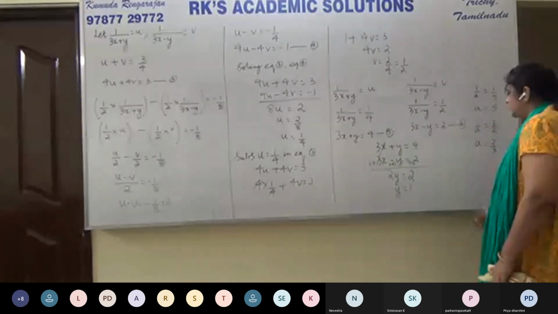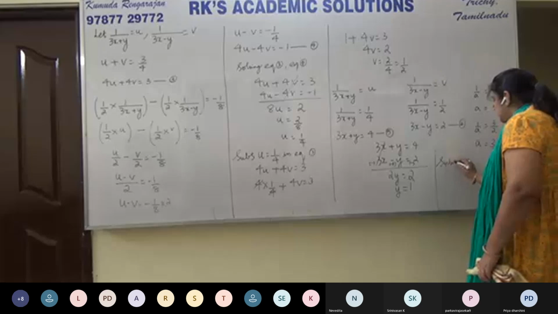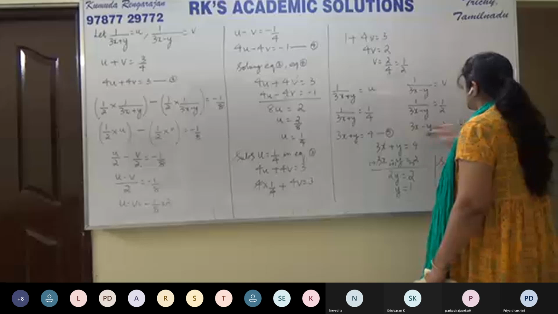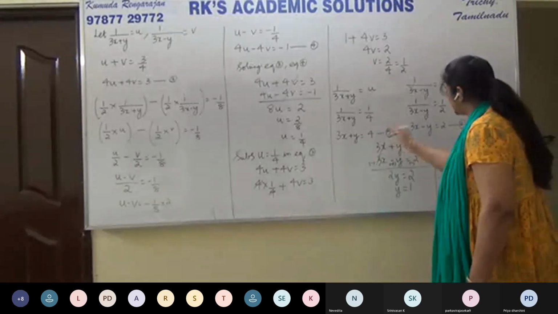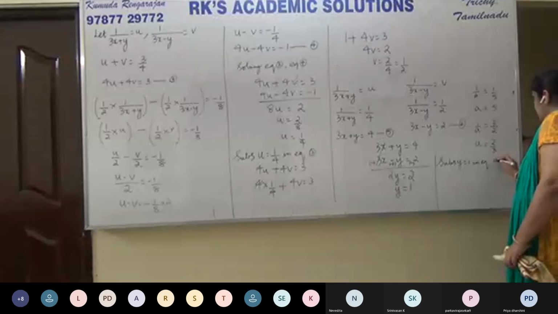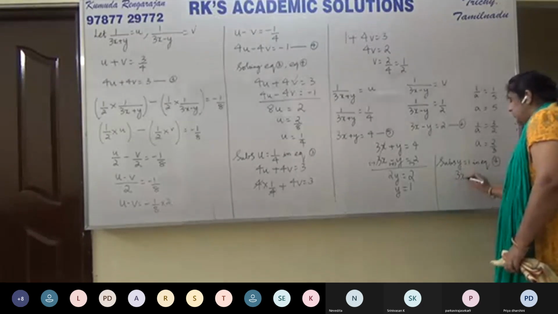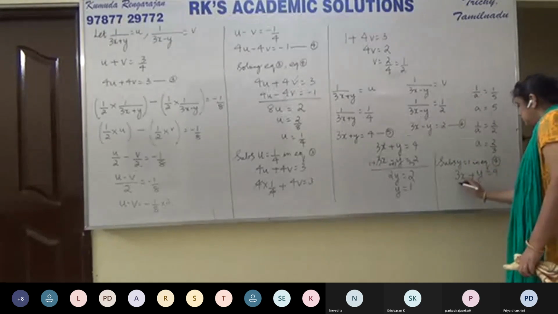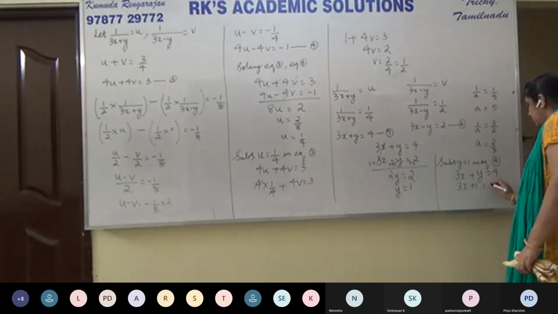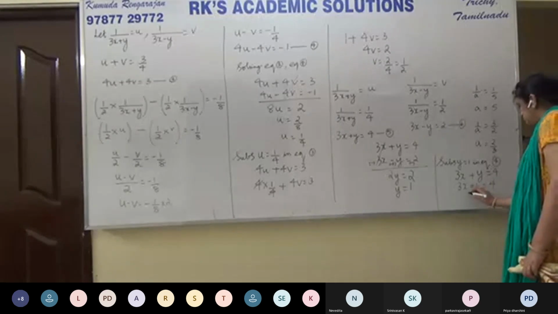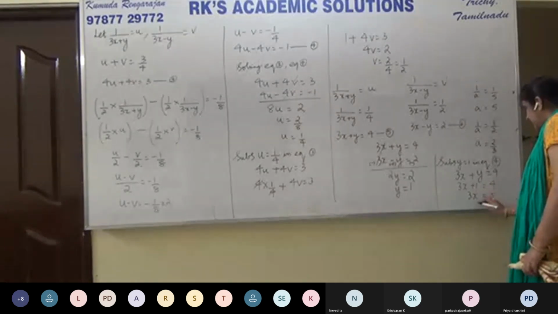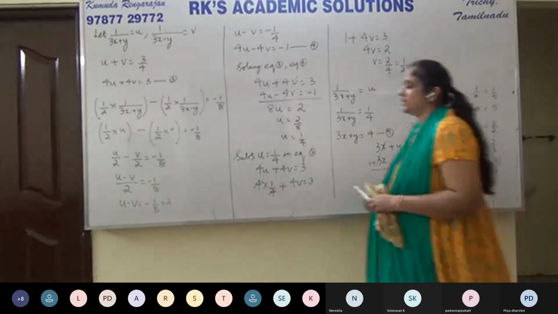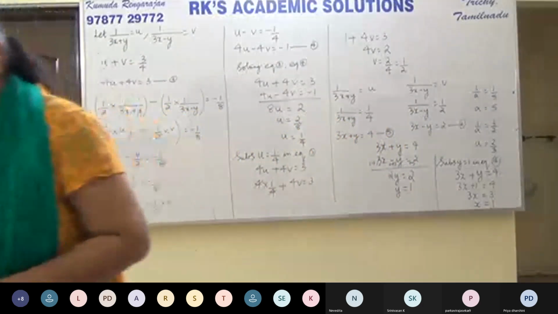Now we got y. Now we have to find x. So substitute y is equal to 1 in an equation. Equations 5 and 6 have x and y. Say in equation 4, 3x plus y, where y is 1, is equal to 4. So 3x is equal to 4 minus 1, 3. X is equal to 3 by 3, which is 1. So the value of x is 1. The value of y is also 1.